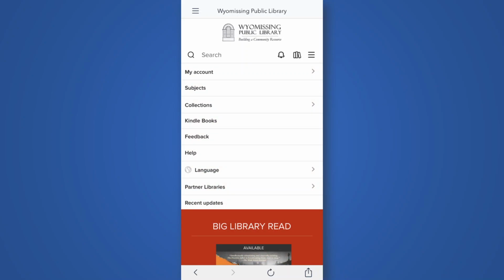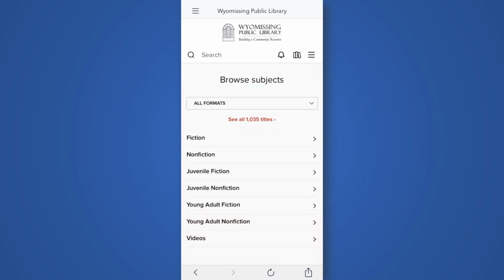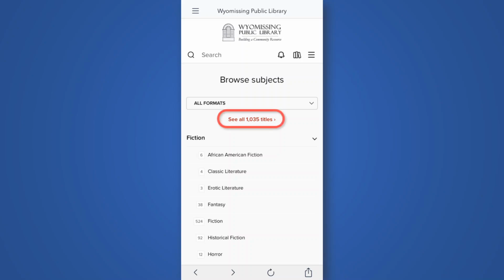There are many categories to browse through, and a lot of these should be self-explanatory. If you wanted to look through the different subjects, you would click here, and then go through the different sub-options. Like, for example, if we wanted to only look for fiction materials, we would click there, and go through even further the different options for subdivision. Let's say that we wanted to look through everything, literally every last title available. In that case, we would just click the See All Titles link,